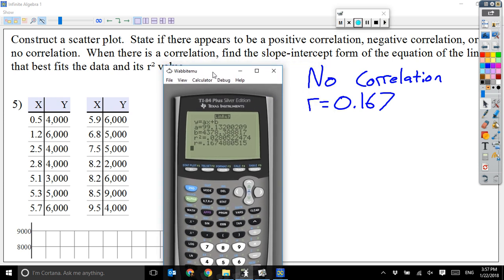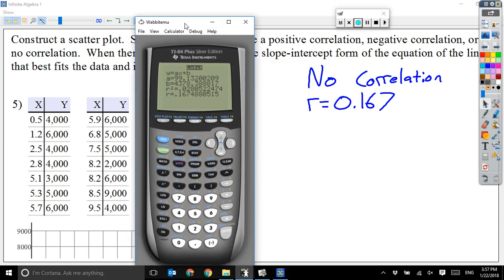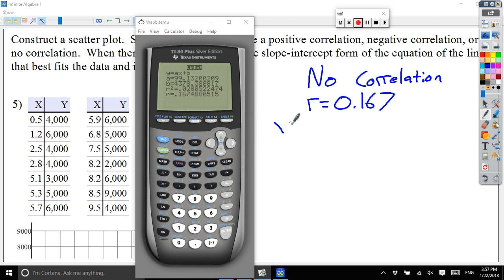Alright, it also wants me to find the equation of the line. Well, the equation of the line they actually give me. My line is going to be y equals A, which is 99.132x, and then plus the B, and our B is 4378. Because that's such a big number, I'm just going to round to like 1 decimal place. Normally I round to 3 decimal places, but I have thousands, I'm not going to bother. That would be the equation of my line of best fit, which doesn't mean a whole lot because it is